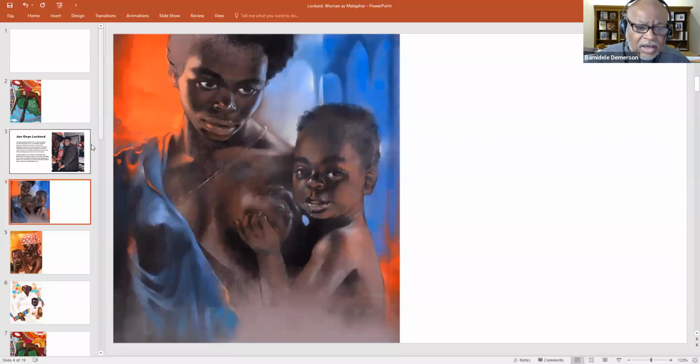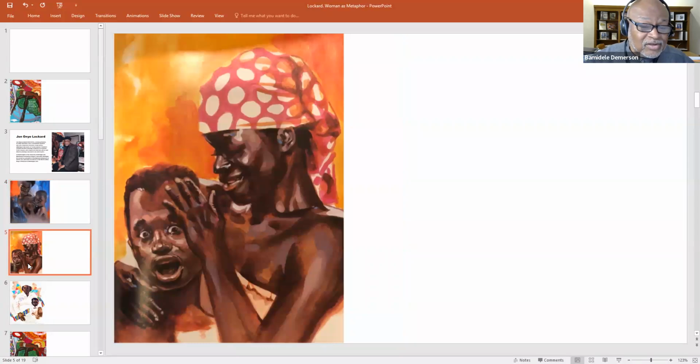And so when we look at this, we don't know what the source of her distraction is, why the child has also been distracted. But as we continue, we see